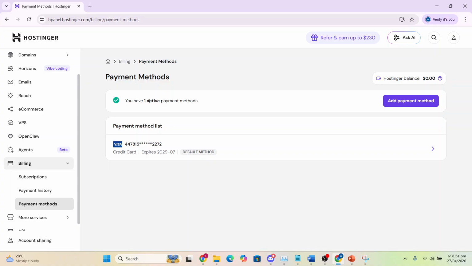As you can see, I have one active payment method. This is my Visa credit card. Now, if you want to add another payment method, just click here on add payment method, and you'll see four